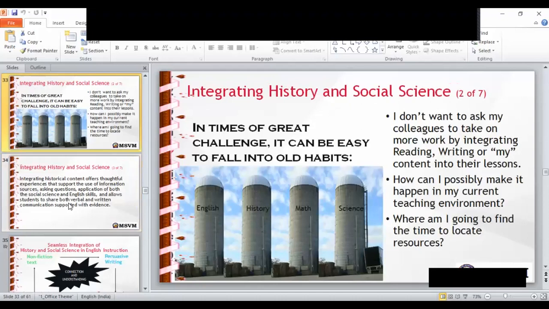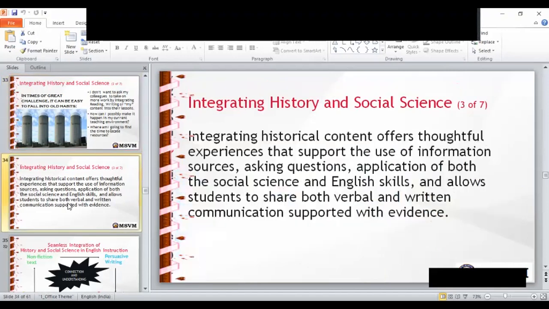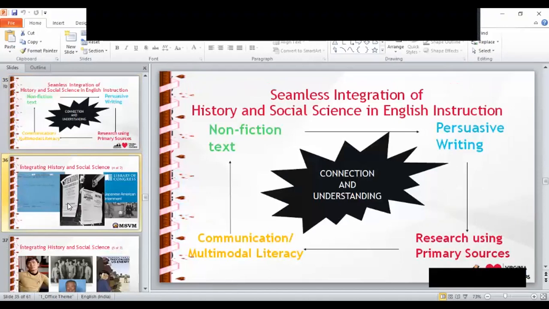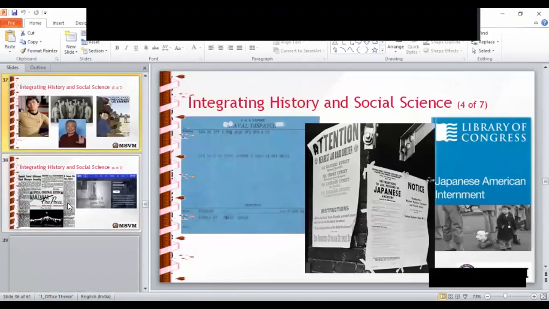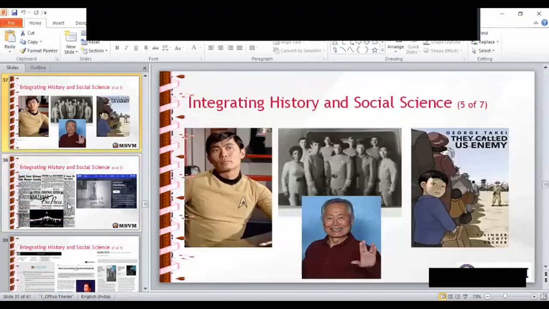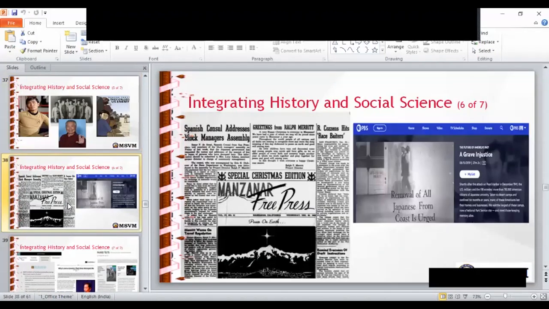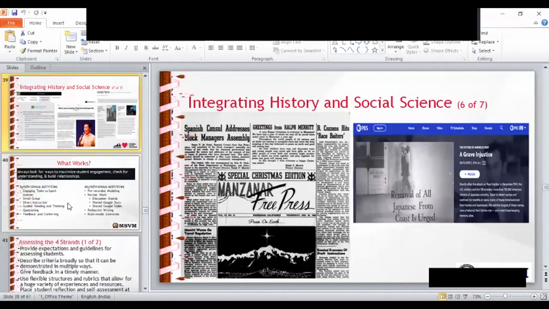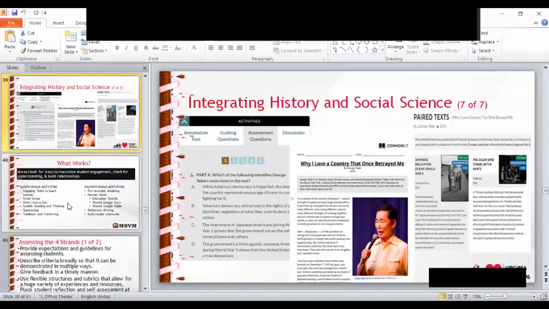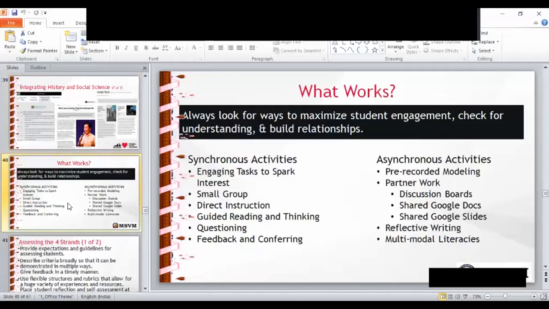So we can teach each and every subject, like English, history, math, science, with the help of the technology-based blended learning process. We can also integrate history and social science in this way.